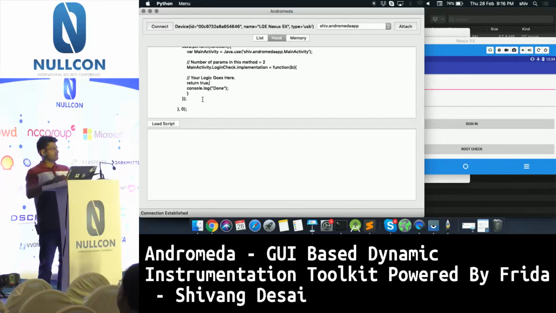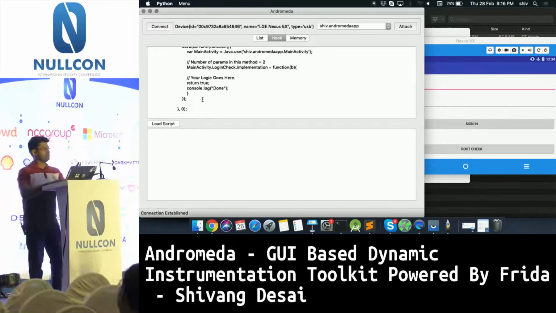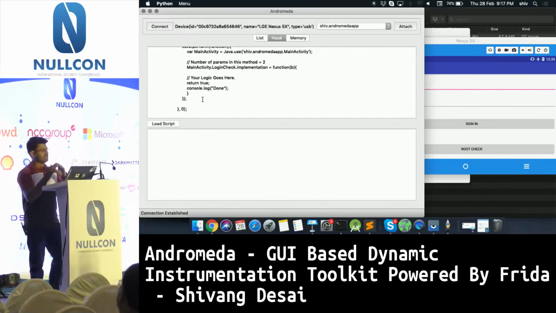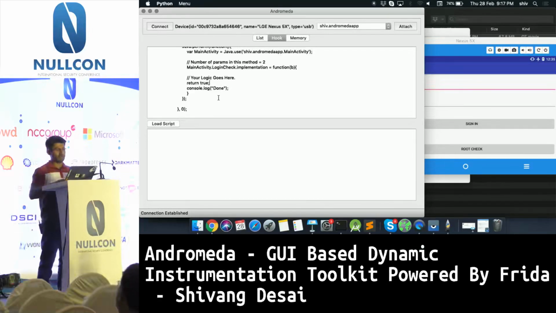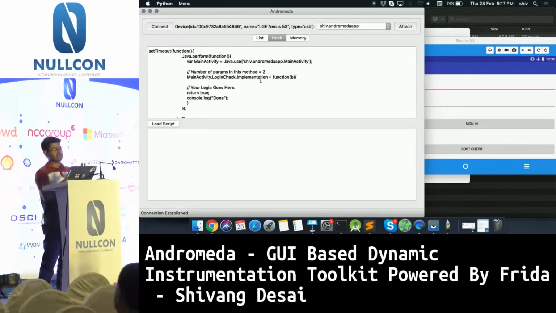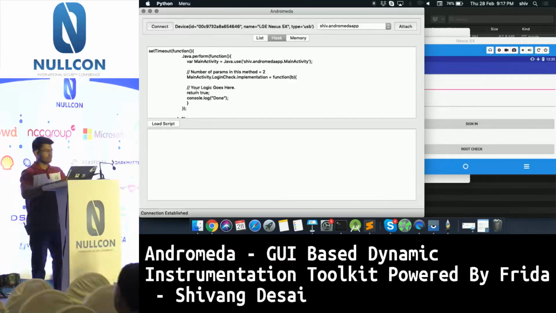Are you guys able to know what I'm trying to do here? We are just altering the logic. In the code, in login check, it checks if the username is admin and the password is password, and only then allows the user in. So basically return true, or else return false. What Frida will do is hook login check. Not exactly alter its implementation, but it will throw the execution to Frida's process, and in there we have done this return true. So basically, when we do this,